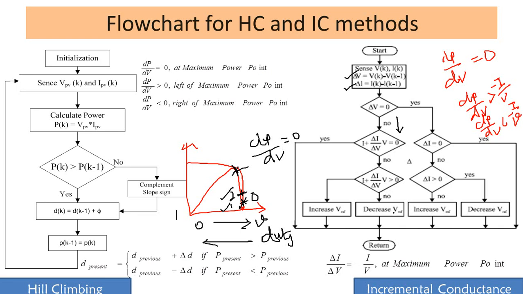Now you have to choose any one of the points. Increase dV. If it is no, then you have to decrease your V reference. If it is yes, then we have to increase the V reference value. Of course it is going to be no, so your voltage level has to be decreased and it has to go here. So you have to decrease your V reference.